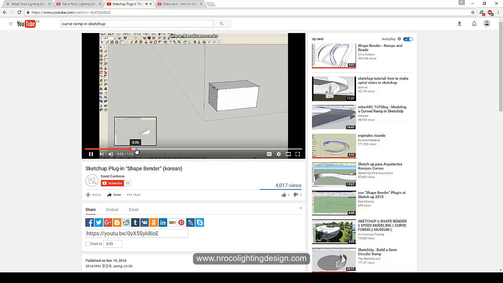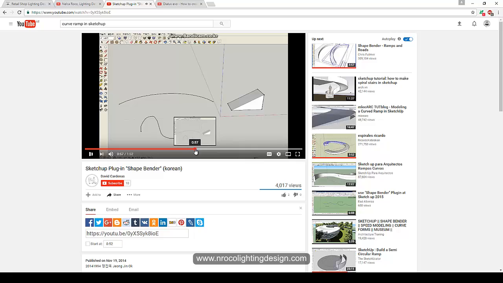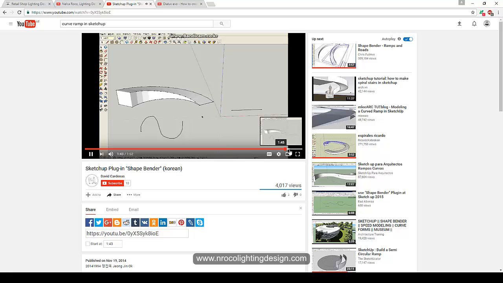Okay, then move like that, and then create an arc, and then create a line, and then just do it very fast, like, you can see it here. And then immediately the ramp recognized the curve, and then voila, Shape Bender is really cool.